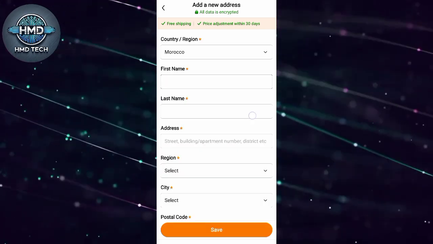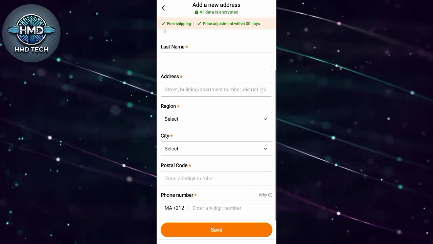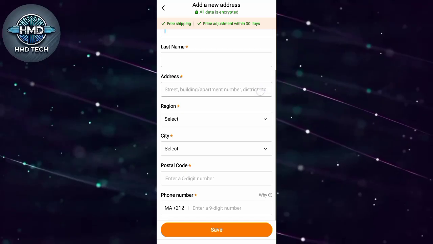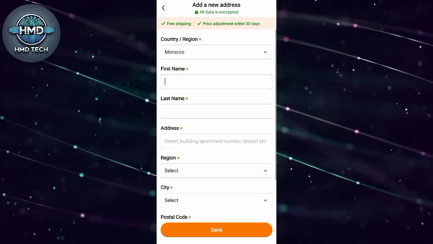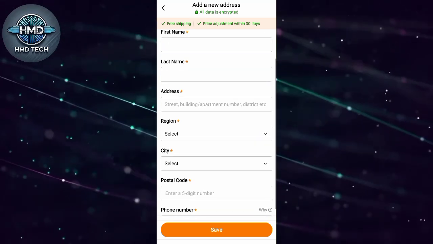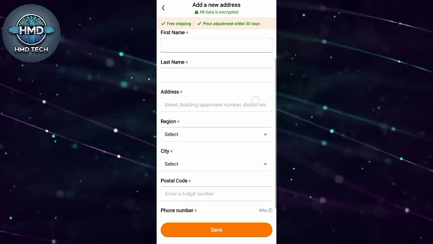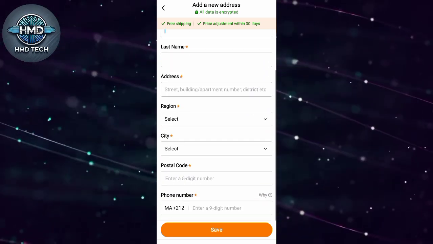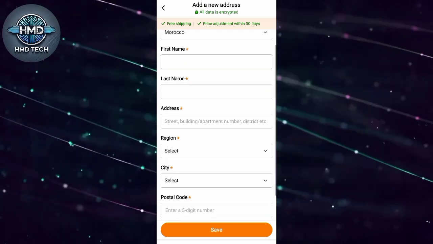If you don't have any address added before, you will find the Add New Address option at the bottom. Tap on it. After tapping on Add New Address, a form will appear for you to fill in your address details. Enter all the required information such as full name, street number, city, postal code, phone number (optional but preferred